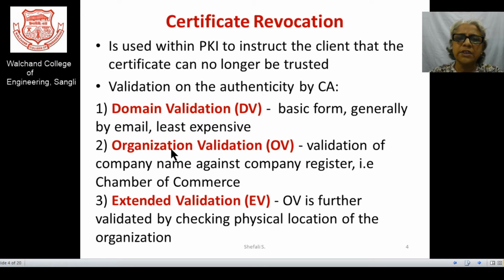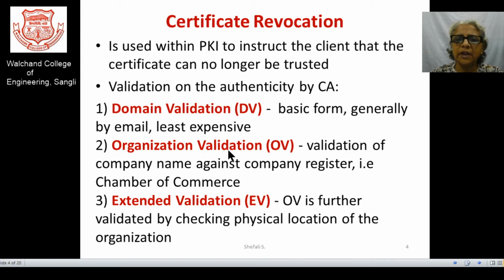The second one is the organization validation, where the validation is carried out for the organization of the company, and that company's name is checked against the register. That register is always maintained at the Chamber of Commerce, and cross verification is there, and once the validation is carried out, it is accepted for further communication.